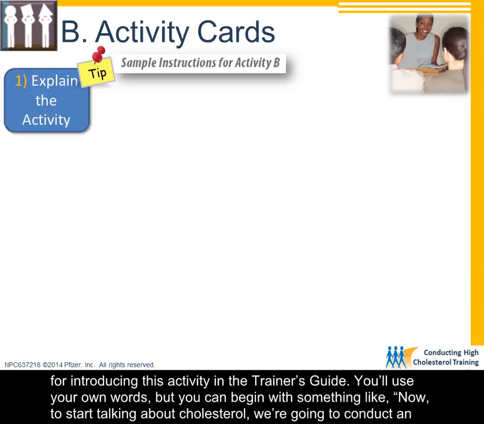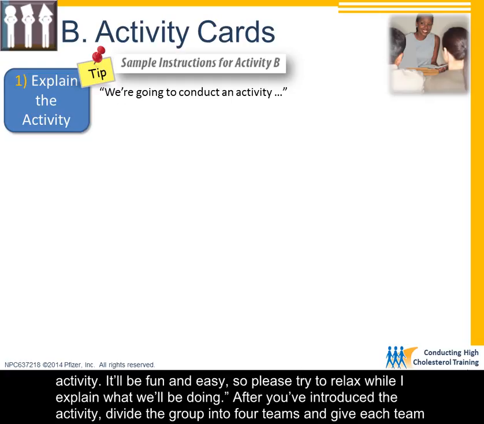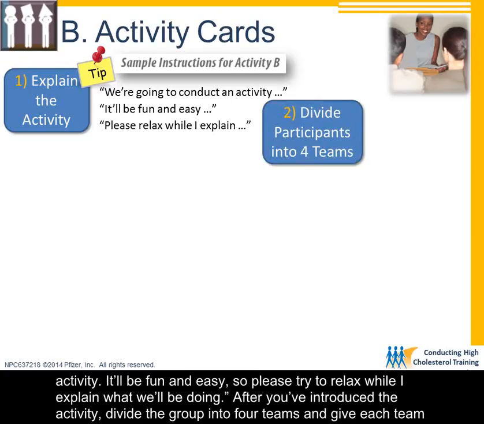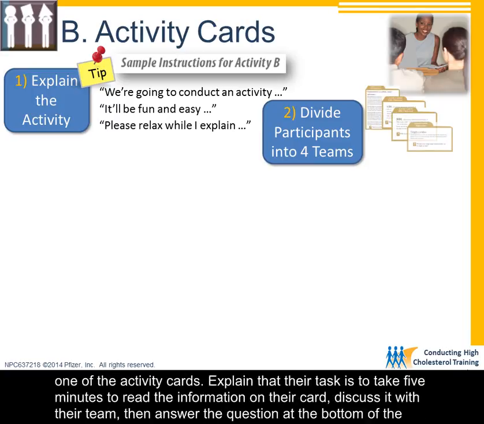You'll use your own words, but you can begin with something like, "Now, to start talking about cholesterol, we're going to conduct an activity. It'll be fun and easy, so please try to relax while I explain what we'll be doing." After you've introduced the activity, divide the group into 4 teams and give each team one of the activity